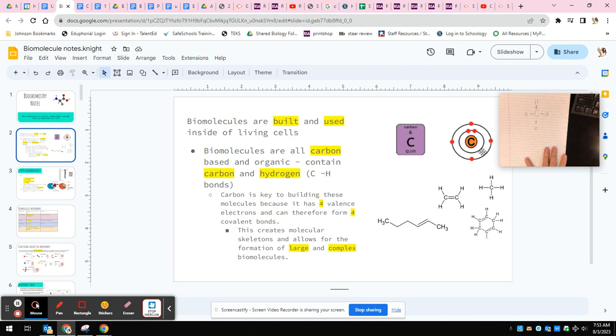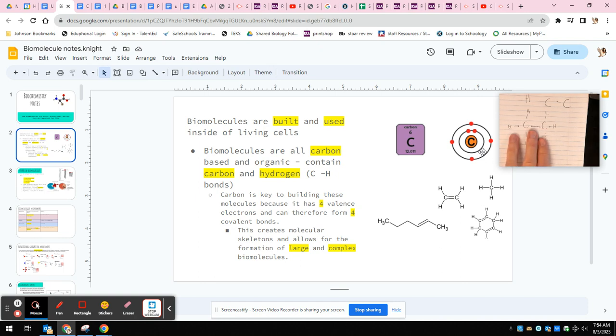Now, if it has, for example, carbon bonded to another carbon, so we have C, 1, 2, 3, 4, and then C, 1, 2, 3, 4. If these 2 carbons are sharing their valence electrons, here's that bond right here, and then each would have to be covalently bonded to 3 other hydrogens in order to be completely stable, because just remember, carbon always forms 4 bonds. So this is ethane right here, and it has 2 carbons and 1, 2, 3, 4, 5, 6 hydrogens,